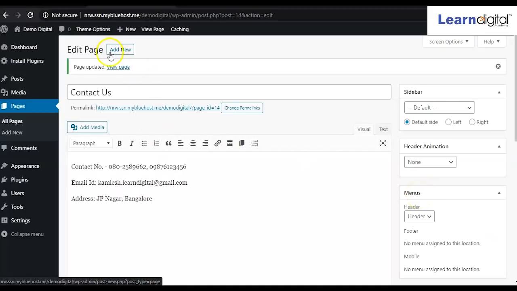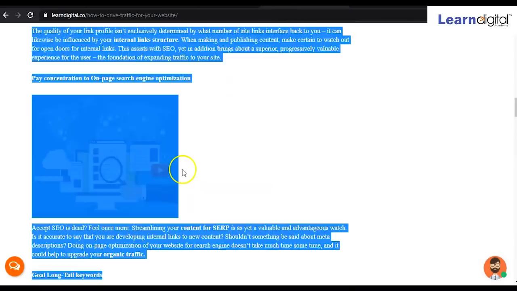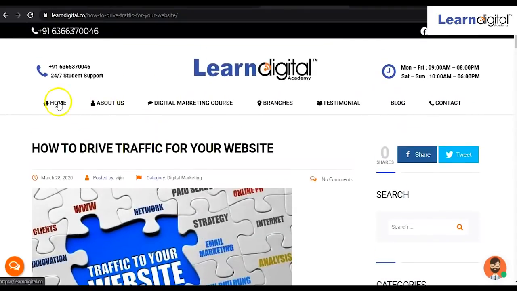Now we'll be updating the home page, right? So again we'll click on all pages. Then you have to edit your home page. This is the home page. Click on that. We'll take some contents, right? So better we'll take from here.